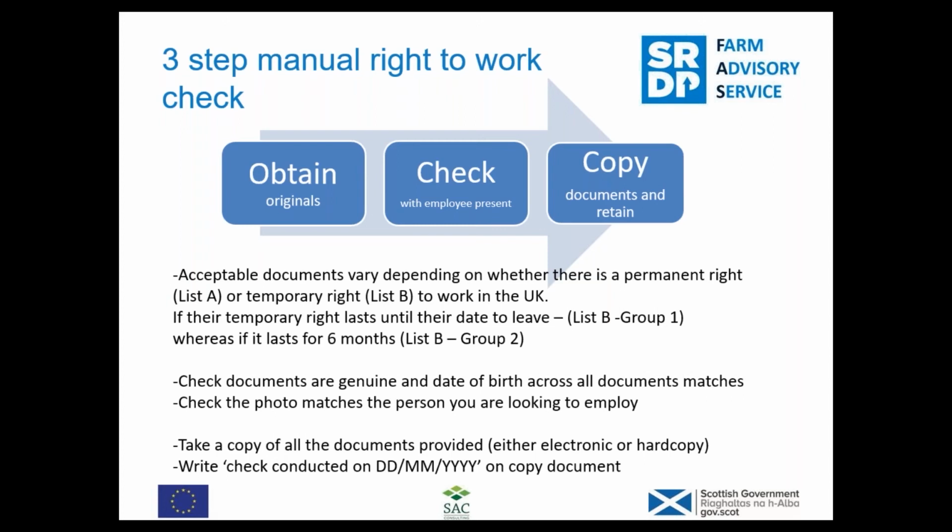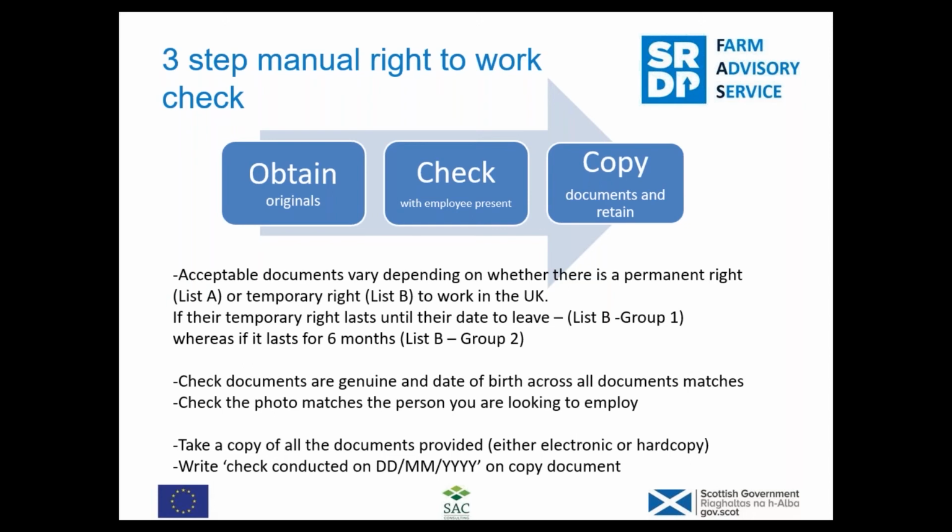The acceptable documents that you can check vary depending on what right somebody has to work in the UK, so whether they're currently sitting with a permanent right or a temporary right. And their sub-lists then go down to how long that temporary right lasts for. There are obviously some standard documents that you would expect, but the best place to go to is the right to work checklist. And that is one of the web links that is on the Farm Advisory Service website. So I'm sure many of you may already have gone on that. But if not, it's simply